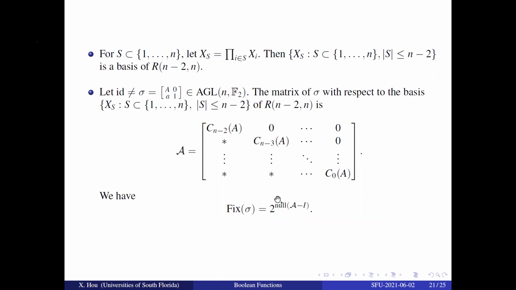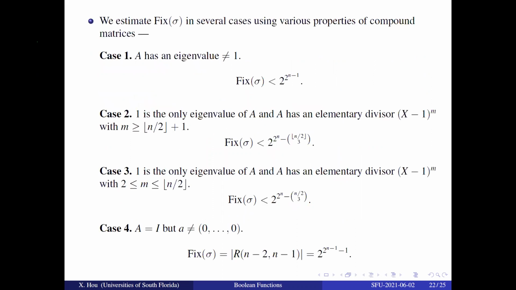But this nullity is not explicitly known, because nullity here is the geometric dimension. It's not the algebraic dimension. I mean, the geometric multiplicity of the eigenvalue 1, not the algebraic multiplicity. Algebraic multiplicity is quite easy, but geometric multiplicity, in this case, we don't know precisely. All we can do is to estimate. Now, using various properties of the compound matrices, we can estimate